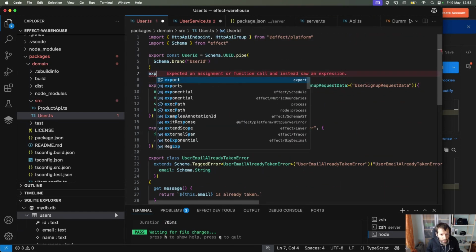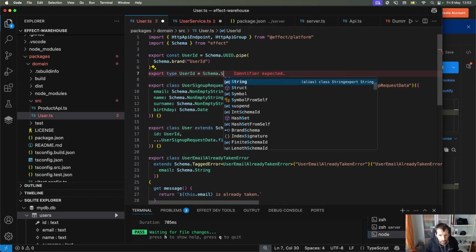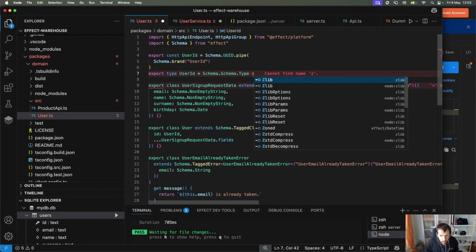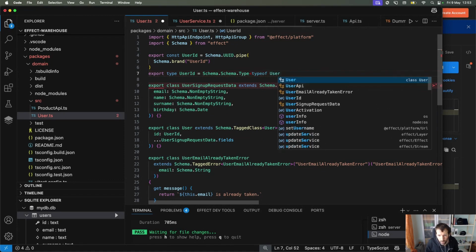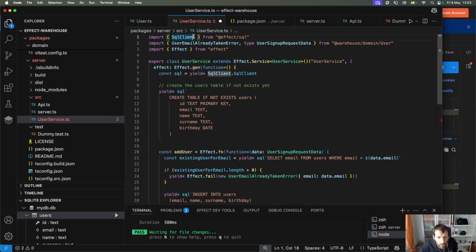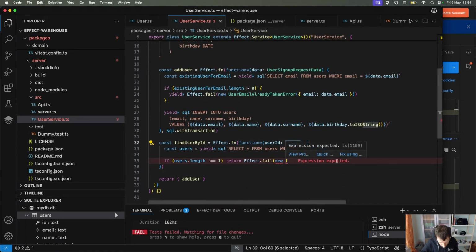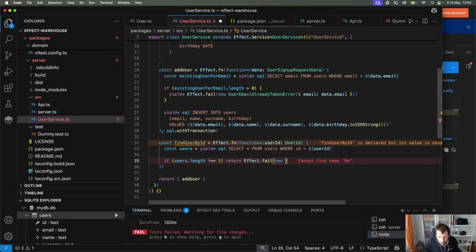And we'll also export type UserId equals Schema.Type of typeof UserId. Okay, so now we can import our UserId. We can take it in here. This is a branded string, and then we can say NoSuchUserError with userId,